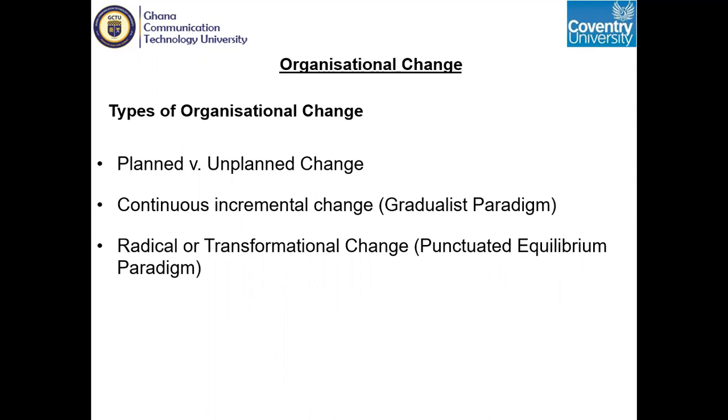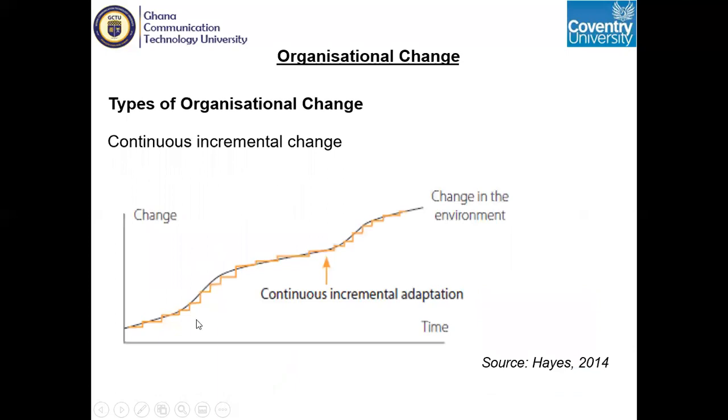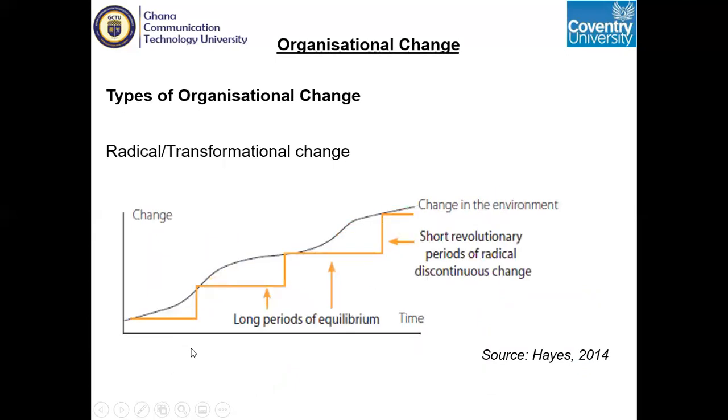and to survive and beat competition. And so you can be engaging in incremental change, and then there's what we call radical change. All of a sudden, you do a transformation. That has a higher potential of failing. I'm just explaining what I already talked about, I won't spend too much time on this. The continuous change: as time goes on, you are improving little by little. The radical change is what we call the punctuated equilibrium, where you stay at a point for some time, and then all of a sudden